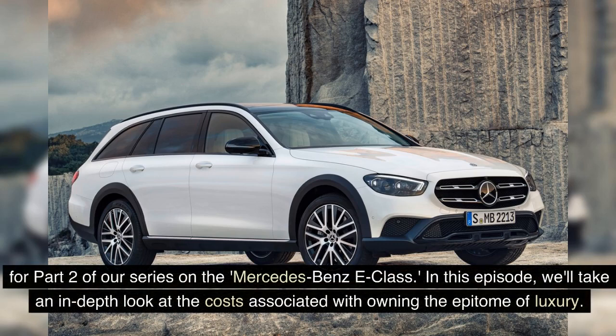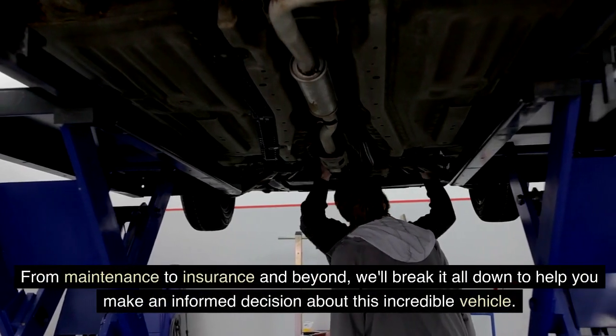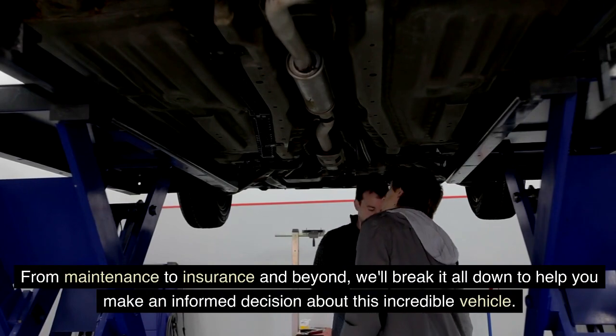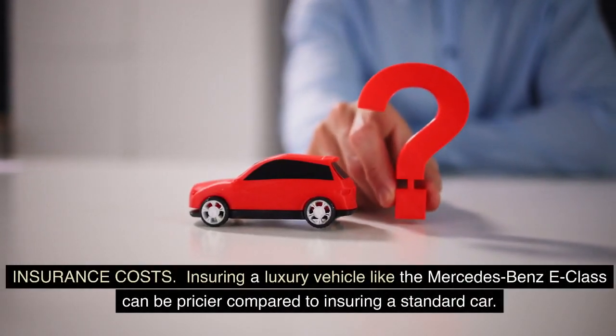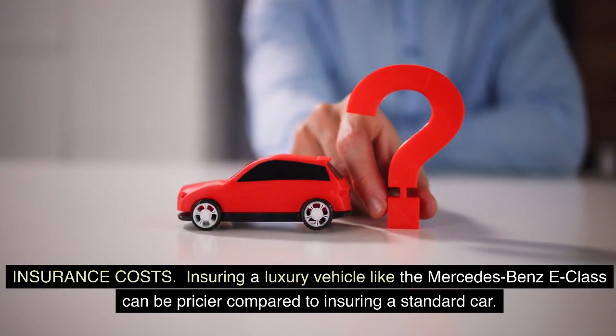For part 2 of our series on the Mercedes-Benz E-Class. In this episode, we'll take an in-depth look at the costs associated with owning the epitome of luxury. From maintenance to insurance and beyond, we'll break it all down to help you make an informed decision about this incredible vehicle. Insurance costs. Insuring a luxury vehicle like the Mercedes-Benz E-Class can be pricier compared to insuring a standard